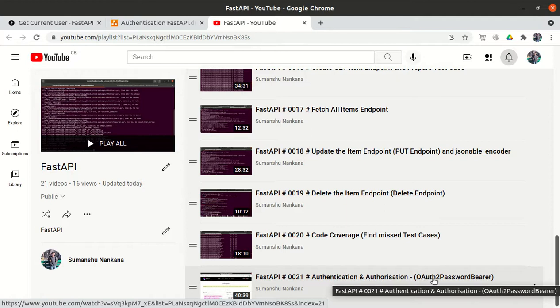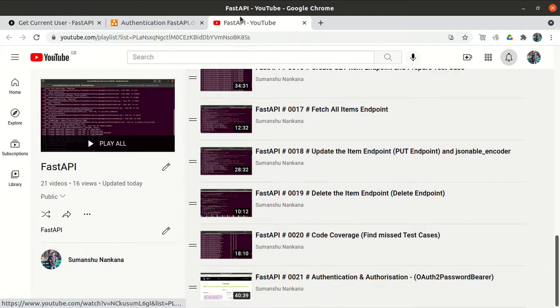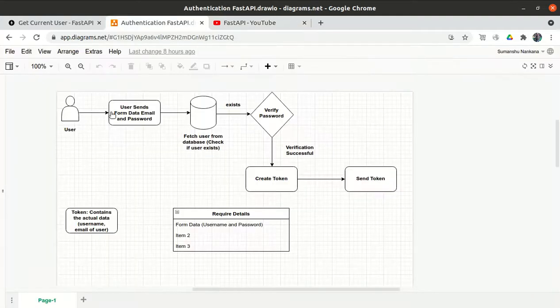And we implemented a very few steps of our flow. So basically, this is our flow. The user will enter the email and the password. The user will first be checked in the database, then the password will be checked. If both things get verified, then the token will be created. And a token is basically a random string which holds this data information.